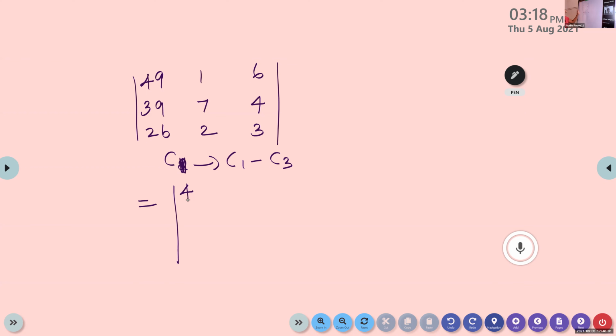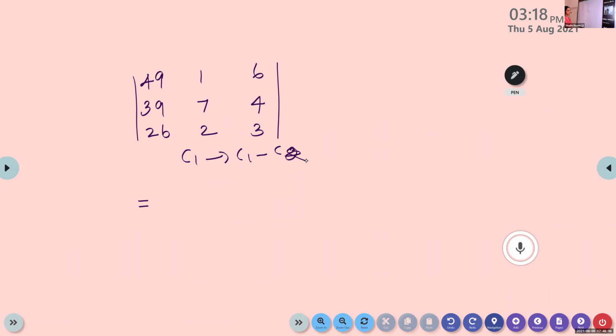We are going to find the value without expanding. If you add or subtract something, will you be able to take something as common? That is what you have to check. Suppose I subtract, C1 gets C1 minus C3. 49 minus 6 means it is 43, and here you will get 35. Is there anything you can take as common? Don't write, first listen. No, isn't it?